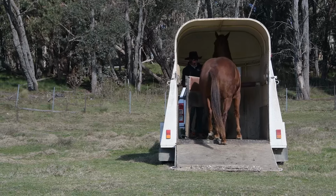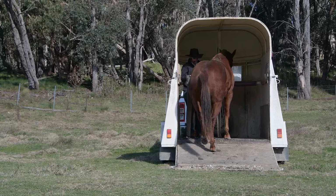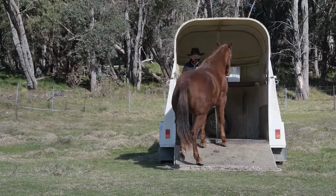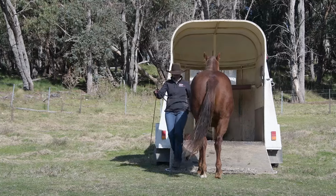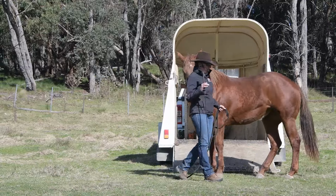She doesn't want to take that step down that ramp, and that's okay. I don't really blame her. Back. Now, here's the other reason why I'd remove the dividers. It means that I can step out here. Okay? So all I'm going to do now is just turn her around and break the fact that we've been